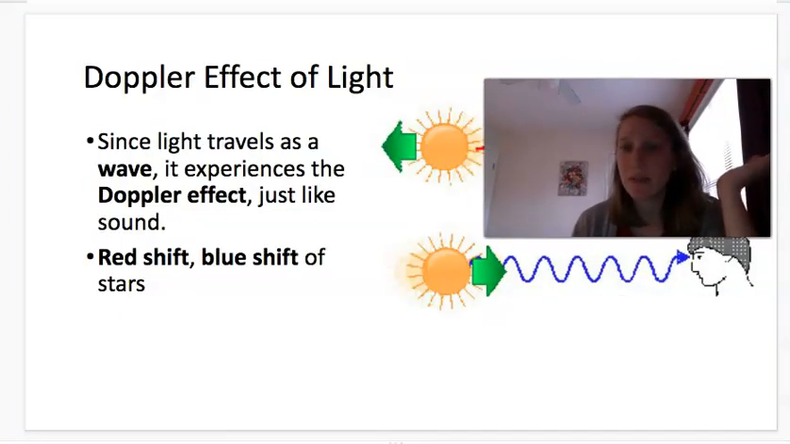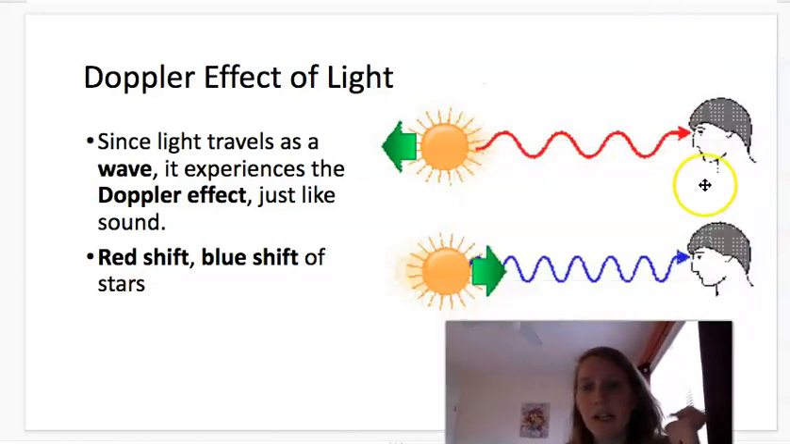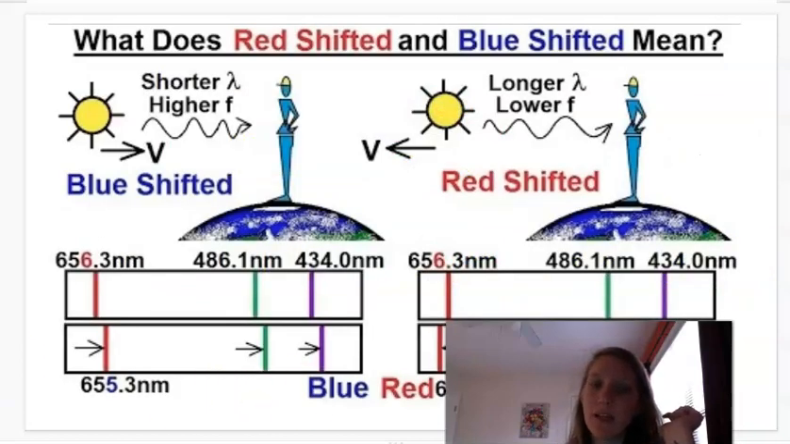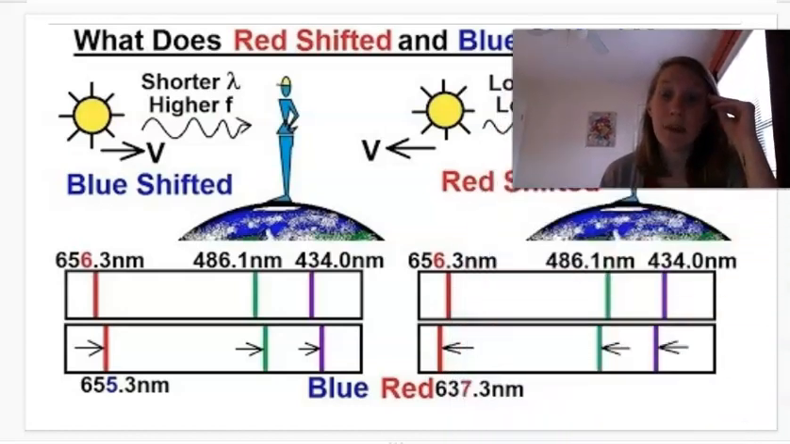Alrighty, Doppler effect, make sure you know Doppler effect of light. So red shift, it's going away from you. Blue shift, it's coming towards you. Now again, what that means is that as something is moving and emitting light, if it's moving towards you, whatever type of